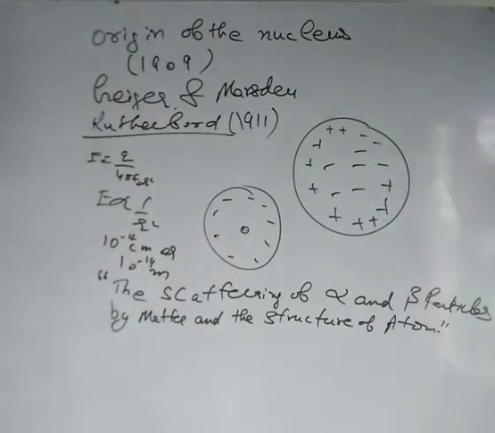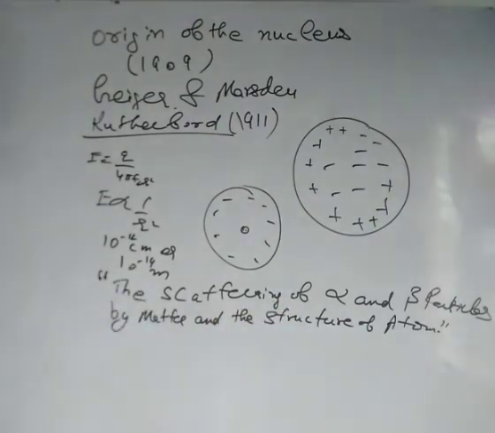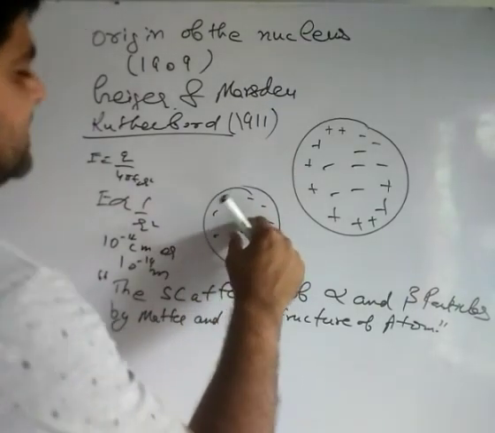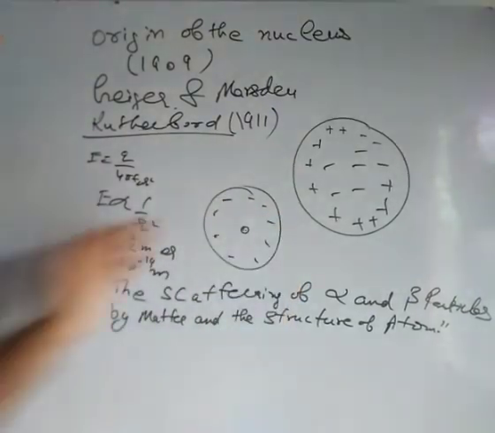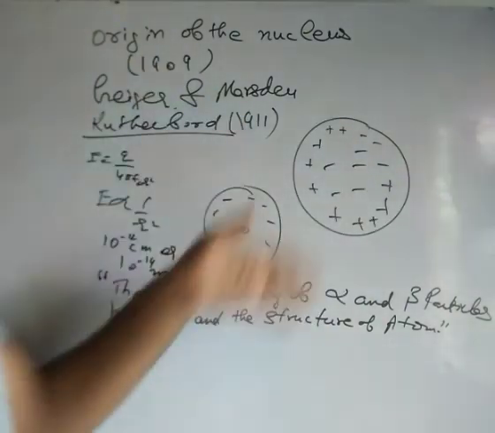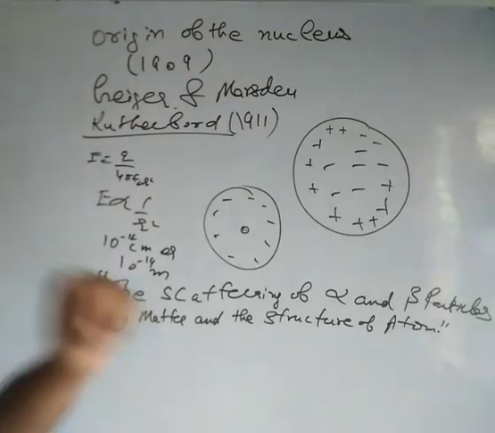Now, there are many other things that are also challengeable in the Rutherford model. If you have a positive nucleus at the center that contains positive charge, and the electrons are revolving around the nucleus, then the stability of the atom was another issue, but that we will not discuss in nuclear physics. It is part of your atomic physics. Okay, so I think now you have a clear-cut understanding of the origin of the nucleus.